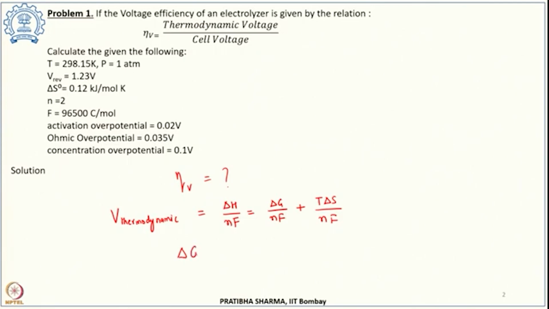Also we know that delta G, the change in the Gibbs free energy, is V reversible times nF. Now it is already given that V reversible is 1.23 volt. So using this we can write down the V thermodynamic